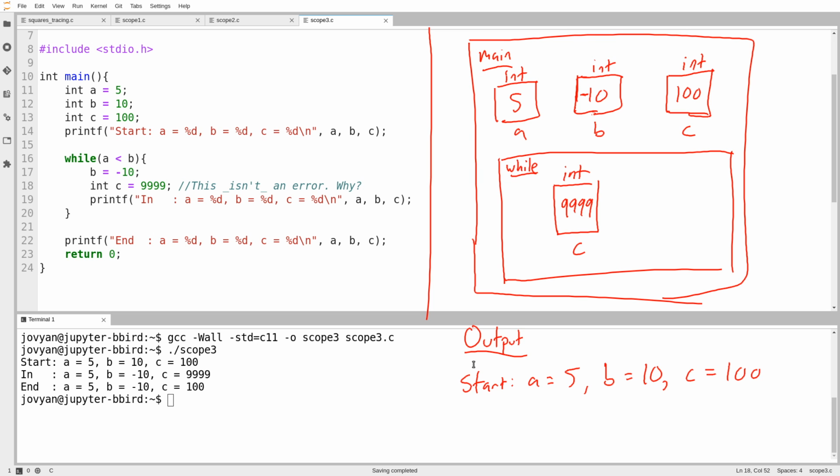Then on line 19, I print some output, in. And I print out the value of a, so I go looking for a. Okay, nothing called a in here. Here's something called a, 5. I print out the value of b. Nothing called b in here. Here's something called b, -10. I print out the value of c. Anything called c in here? Yes, it's this. So I print out the value of c is